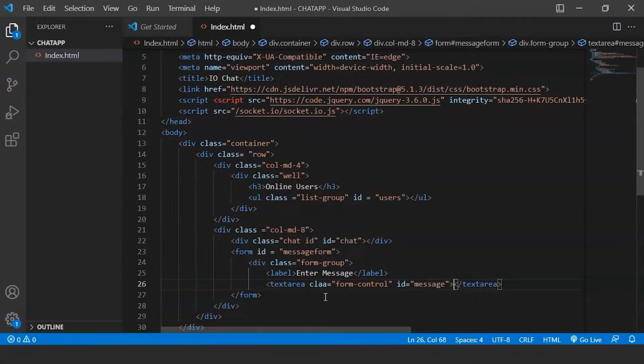So text area element represents a multi-line plain text edit control for the element's raw value. The contents of the control represent the control's default value. After the text area, we'll just write